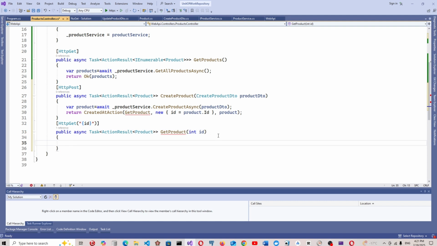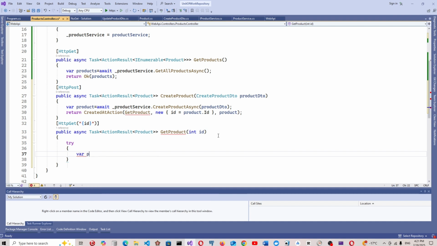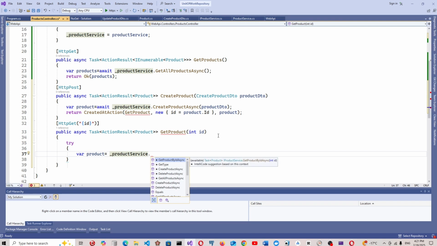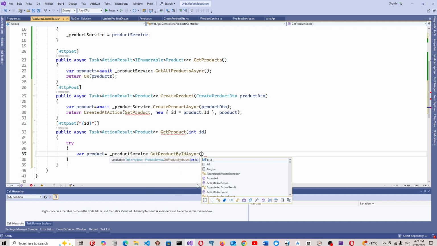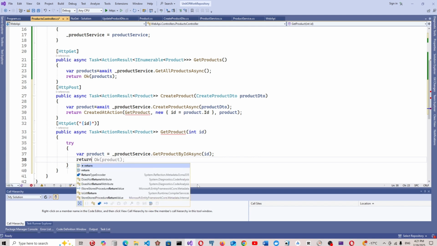And this will be var product equal to await productService.GetProductByIdAsync of ID, return Ok product,